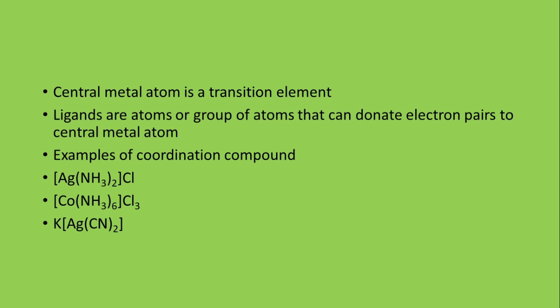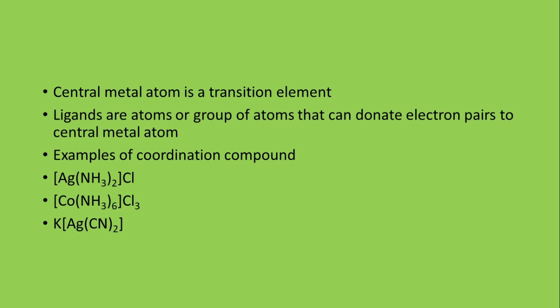Now, what we have seen is the central metal atom is a transition element. Ligands are atoms or groups of atoms that can donate electron pairs to the central metal atom. Examples of some coordination compounds are diamine silver chloride, hexaamine cobalt chloride,